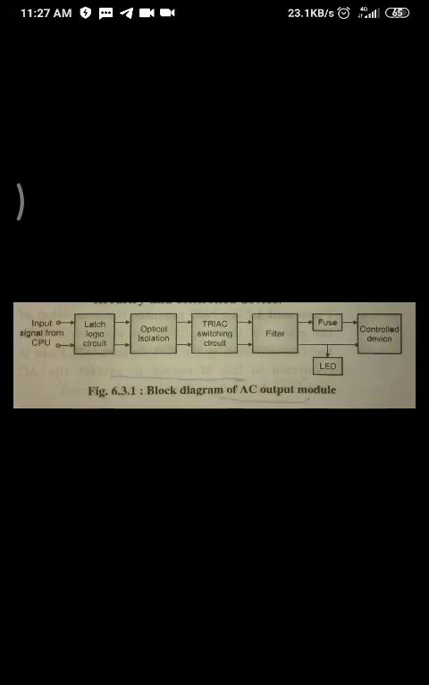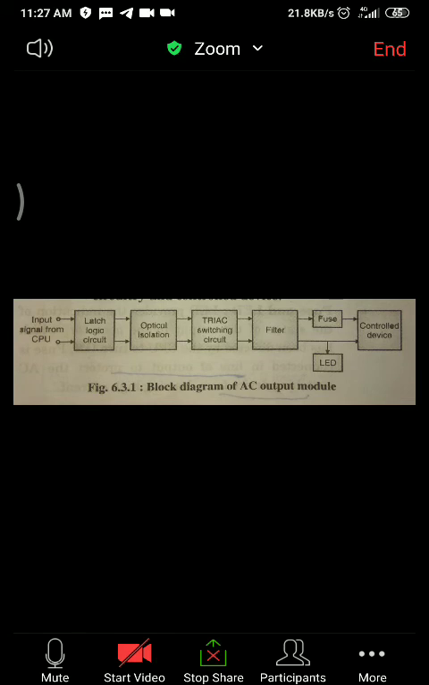So that control device is nothing but the output device. So in this way the AC output model works. And AC input model, how does it work? Obviously the input is AC, so there is a need of conversion from AC to DC, and then optical isolator, then the CPU